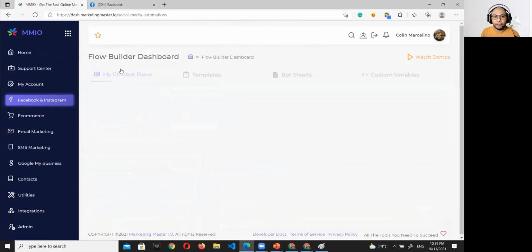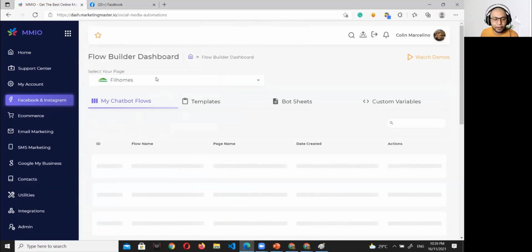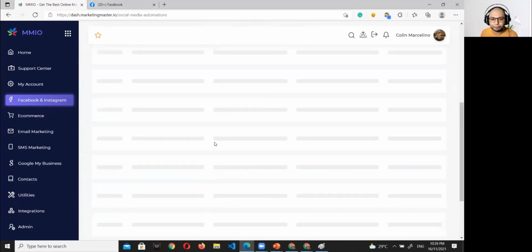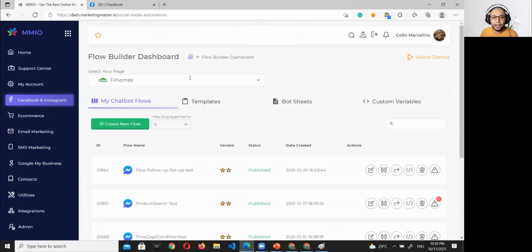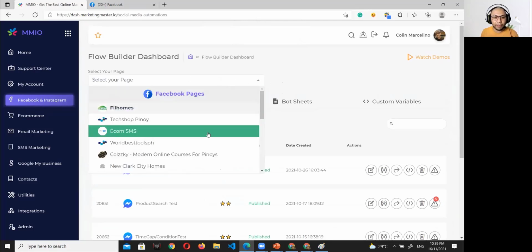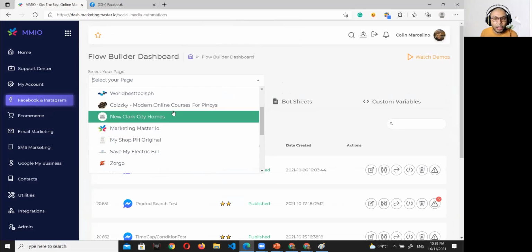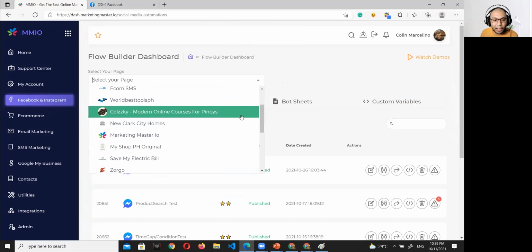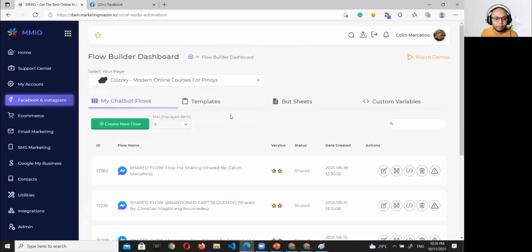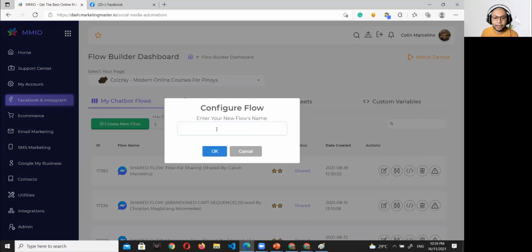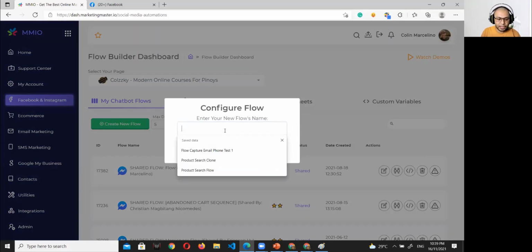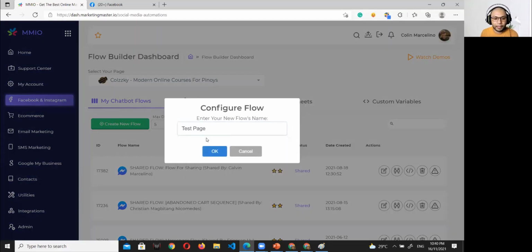So this is the first step in order to create a chatbot. Go to Chatbot Flow Builder, and then you would be able to see at the top level the list of pages that you can use. So example, I want to use this page. So if I use that page, that will become the current active page, and I can create a chatbot on that page. So example, test page or test chatbot,